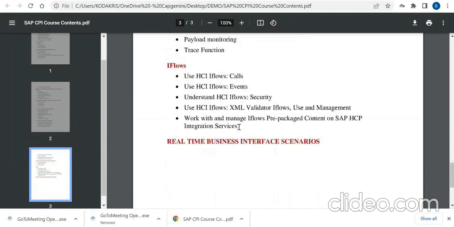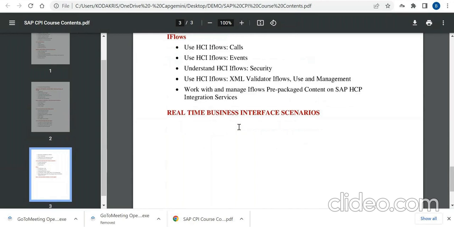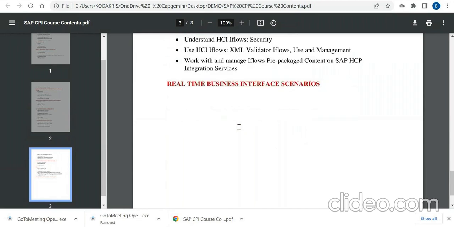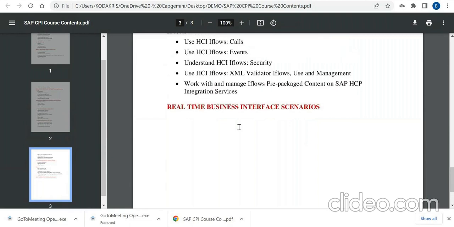And how to work with standardized flows, how to push them to your tenant, and how to use them. I'm going to give a walkthrough of a few standardized flows also. And if it is possible, if I have access, I will give a walkthrough of my existing landscape at the end of the session. And also to make those of you who are new